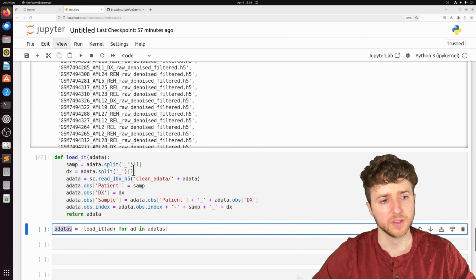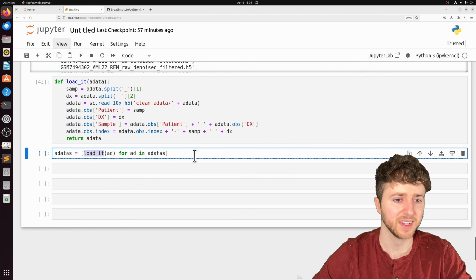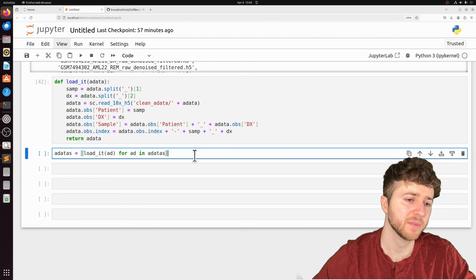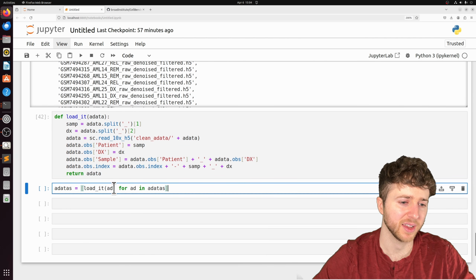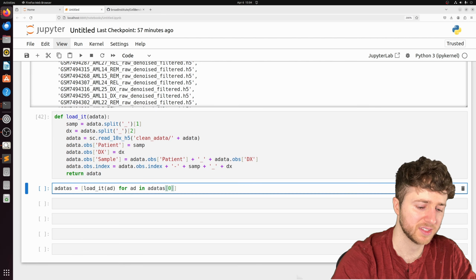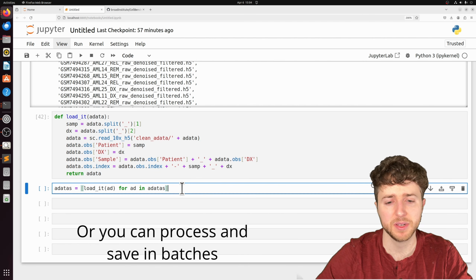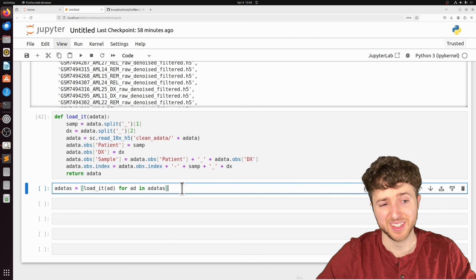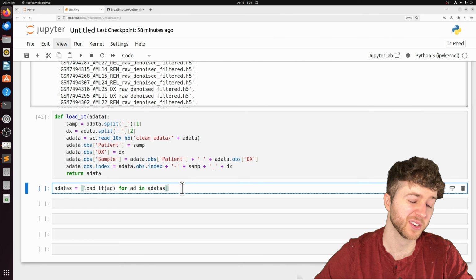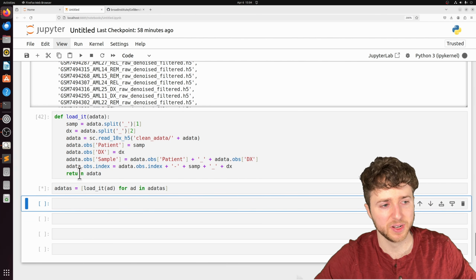So we can convert our list of strings here into an actual list of AnnDatas. If you don't have that much RAM, I would recommend maybe doing fewer samples. You can just do something like this and do like the first 25 samples instead of all 75. For this computer that I use to record videos, I only have 128 gigs of RAM, and with these 75 samples, at least now with RNA, I might not run into issues, but when we start doing ATAC analysis too, it might get a little tricky.